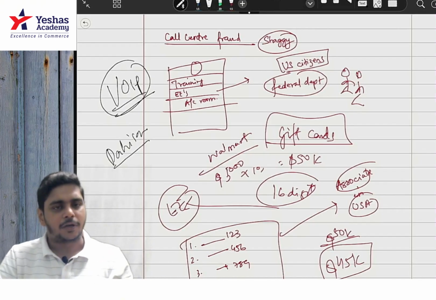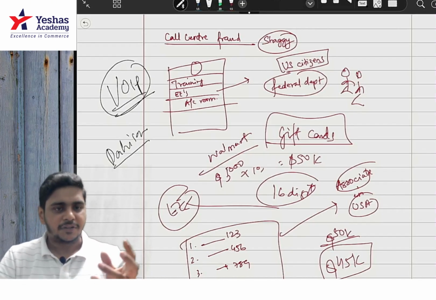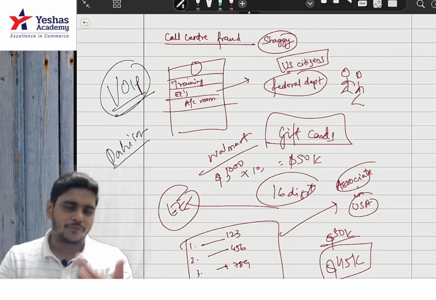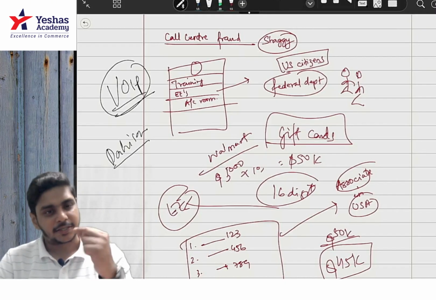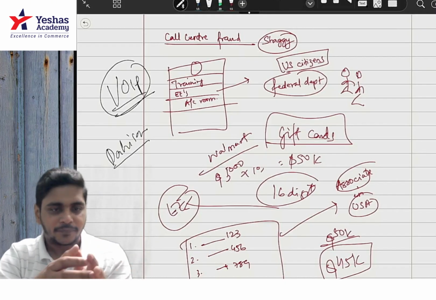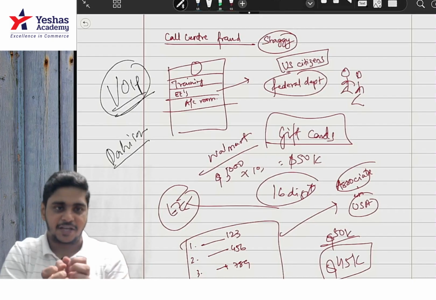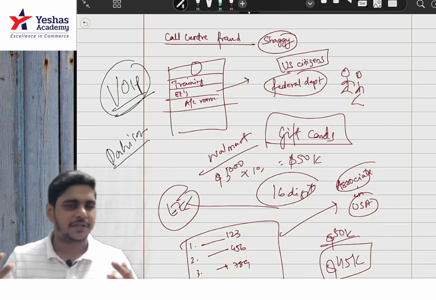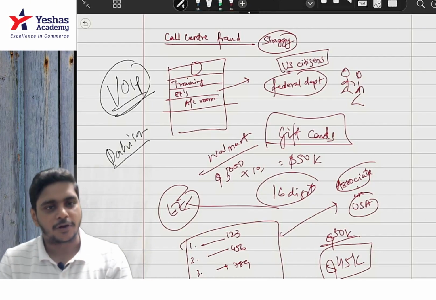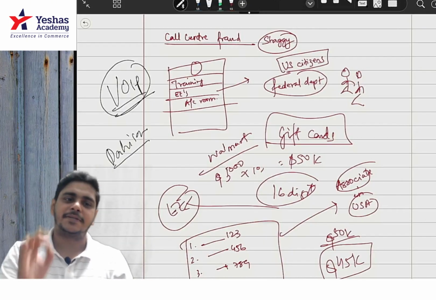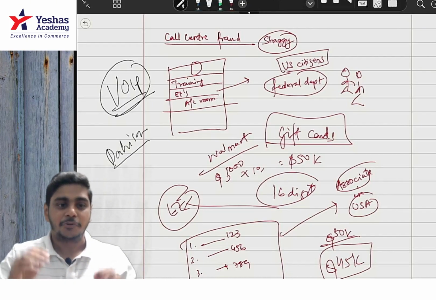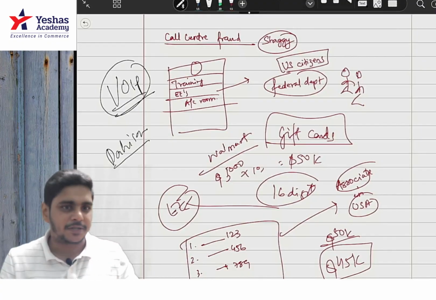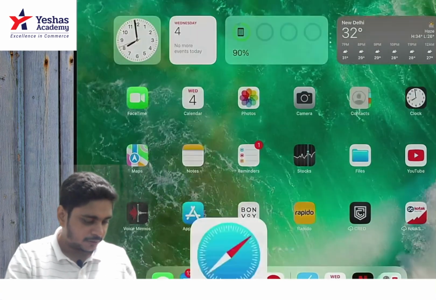So here the government was involved. So they took the hard drives. They removed the recording. Okay, one recording, though it was confidential, on a request, he made us listen to one recording. He showed how they collected the hard drives and did the forensics of that. They traced the call logs, emails, and everything was traced, and there fraud was detected. So this is the basic job of a forensic accountant, to get deep and find out the trail of how the fraud is happening. Okay, so I'll show you on Google.